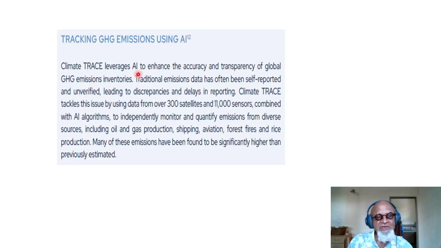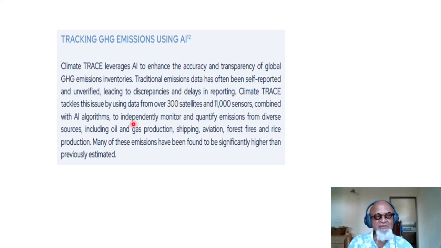Climate Trace, which is an effort using satellites, as I said, and it leverages AI to enhance the accuracy and transparency of global greenhouse gas emissions inventories so that all the NDCs can happen with proper MRV, monitoring, reporting, and verification.